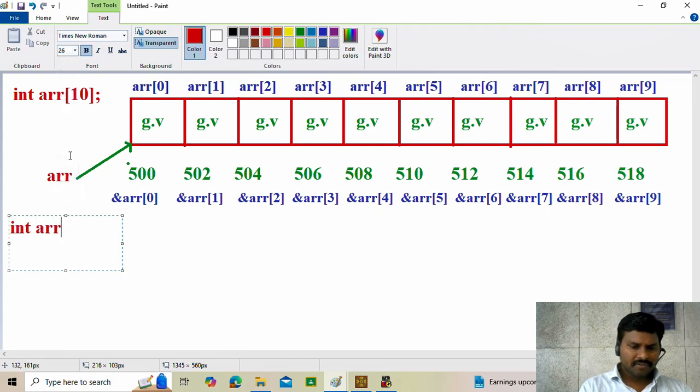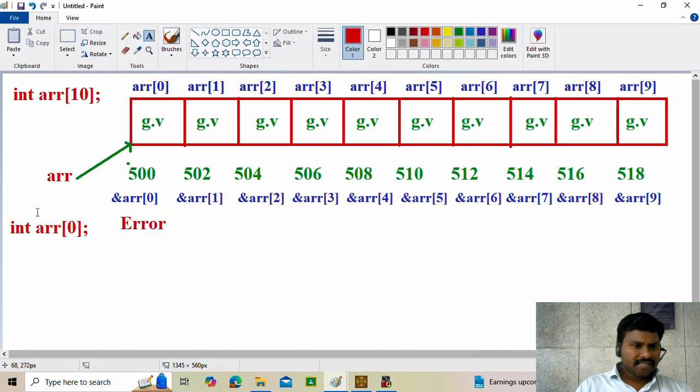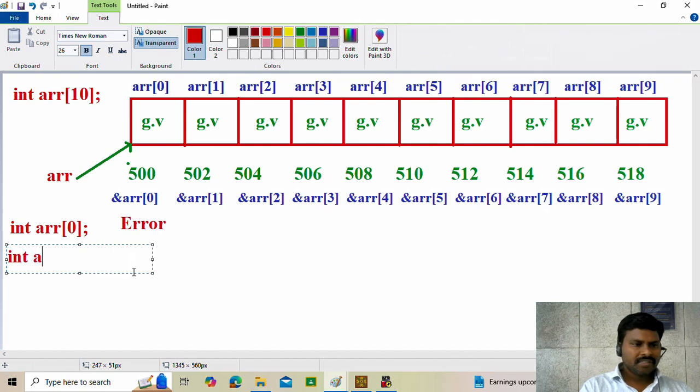So int arr of 0, then we will get an error. The least size of an array is 1. Here I am giving int arr of some size 10